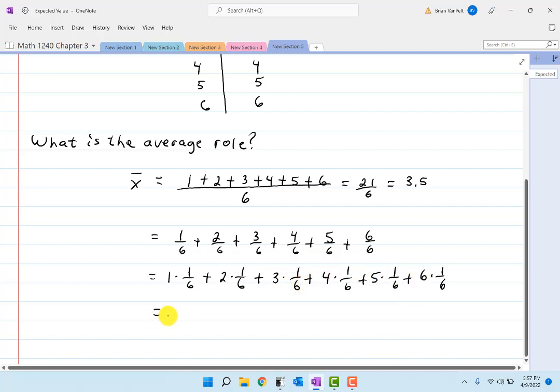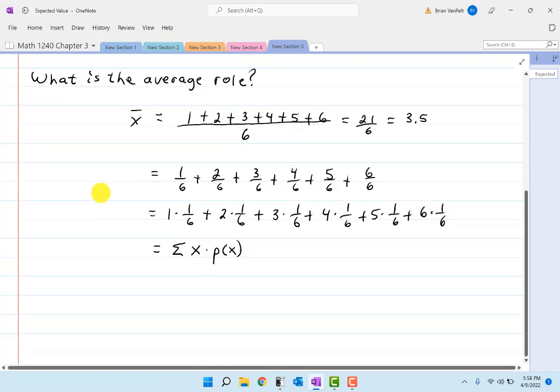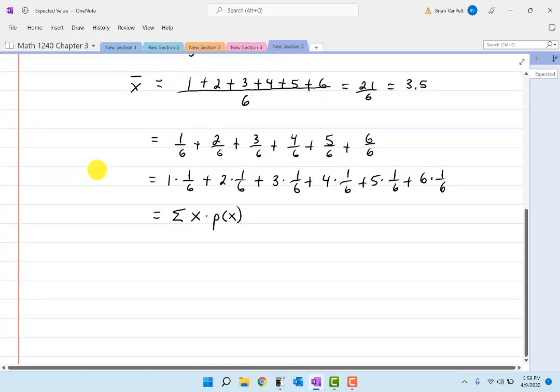So the form that it takes looks like this. Remember that symbol for summation? I have x, and then I have the probability that x occurs. So I add up all of those. So here the x is 1 in this case, and the probability that you get a 1 is 1/6. Then I add to the next, 2. What's the probability of getting a 2? Well, it's also 1/6. And I run them all through all the possible outcomes. So what we come across is something called expected value.